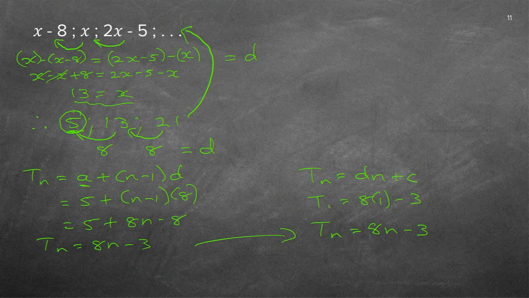Good. After that, question 2.3, they're asking you to find the 150th term. Remember, the minute you can say 150th, you know that this is the n they are giving you. So they are giving you the n there. They want you to find the term. But because I've got a formula now, 8n minus 3, I can just say 8 times 150 minus 3, and you can go and check the answer on the printed memo. Good. That is that.